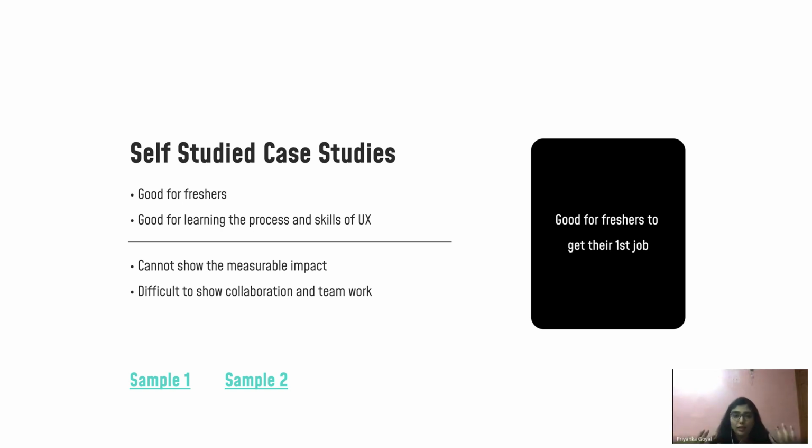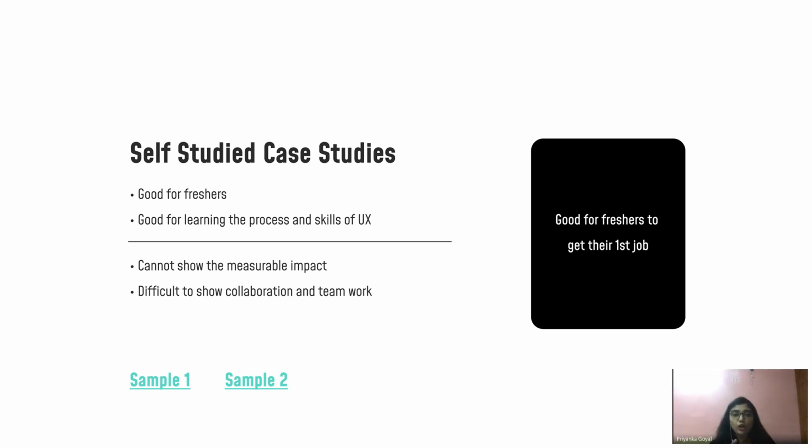मतलब वो दिख जाता है. When the interviewer is reading those things, they can analyze that you have not spent time learning any of the research process or how to make personas or anything, which according to your process बस डाल दिया है just to impress the interviewer. That should not be the way. When you are choosing a self-initiated case study, then it should be well studied and it should also help you as a learner. मतलब you should self learn all those techniques and then implement them into your portfolio.